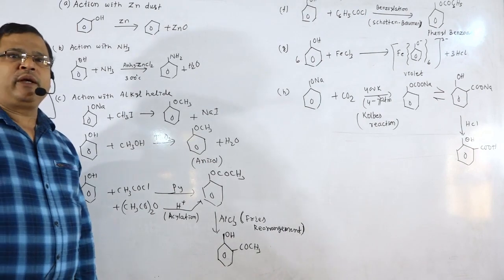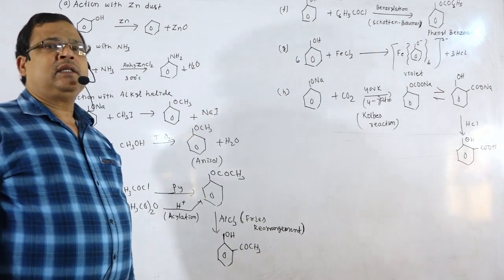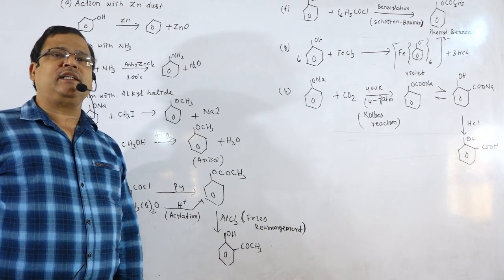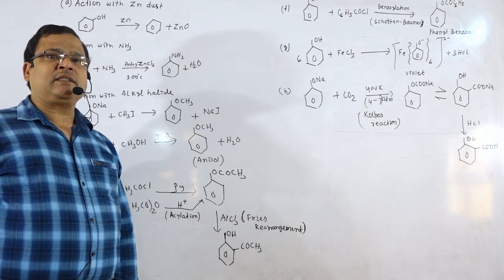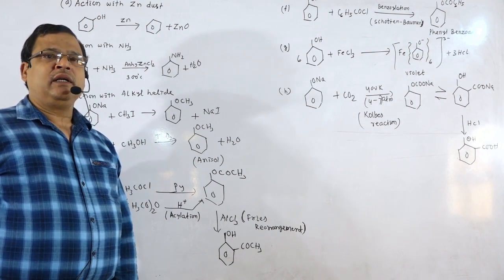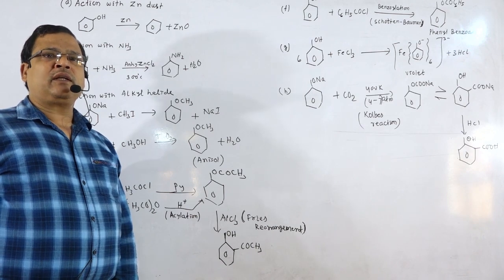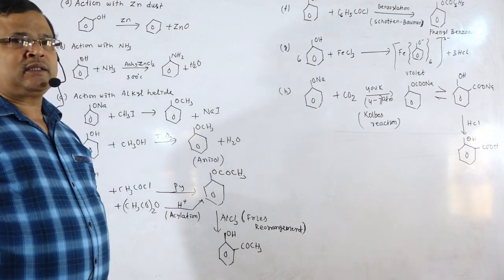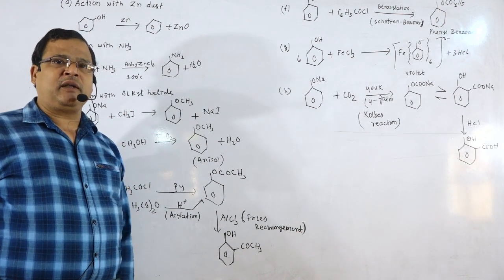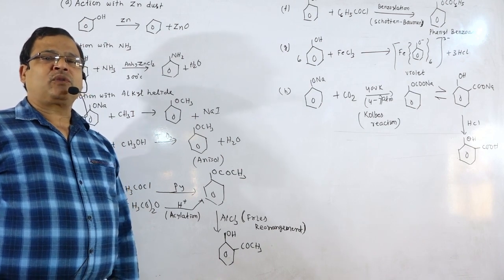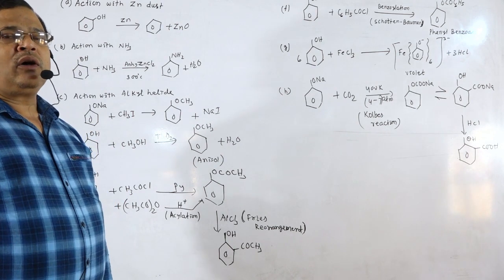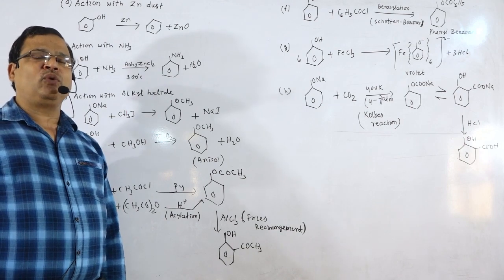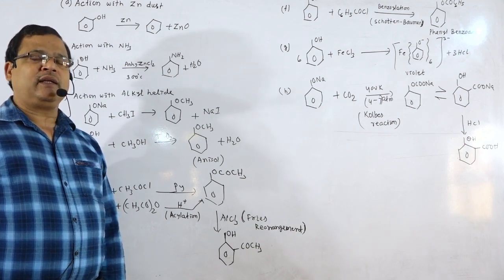Dear students, today we will start the different properties of phenol. But in the last class we discussed a very important reaction, the Reimer-Tiemann reaction. The Reimer-Tiemann reaction is the reaction of phenol with chloroform, or carbon tetrachloride, in the presence of NaOH at 340 or 343 Kelvin, and there is the formation of ortho-hydroxybenzaldehyde or ortho-hydroxybenzoic acid, depending upon whether we have taken chloroform or carbon tetrachloride.